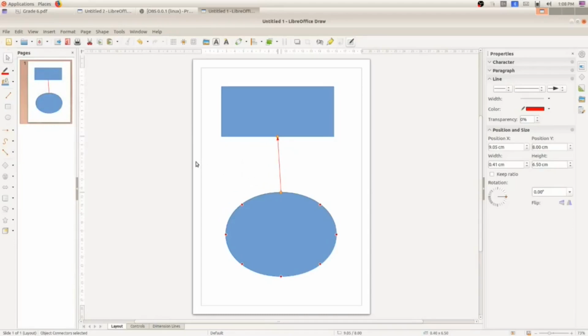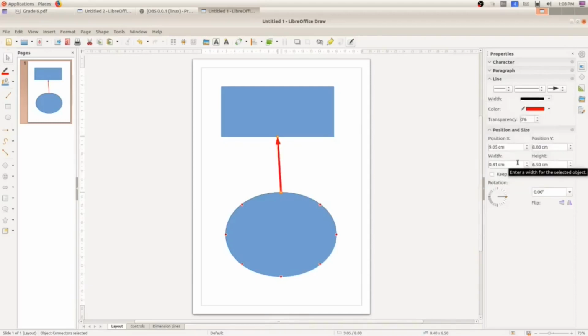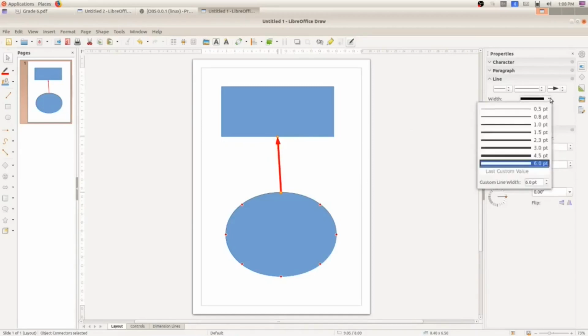If you want to make more settings, you can see here at the right side. Can you see here? You can increase the width of the line. Here I am going to increase the width. Now it is very clear, right? At the right side you can see width.